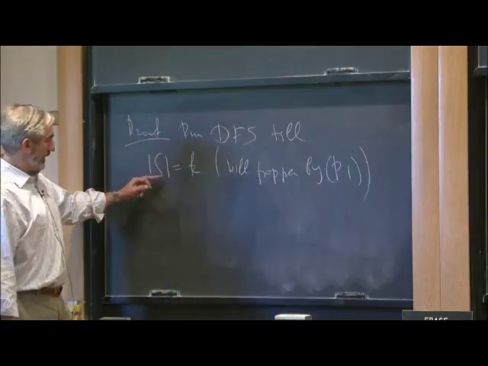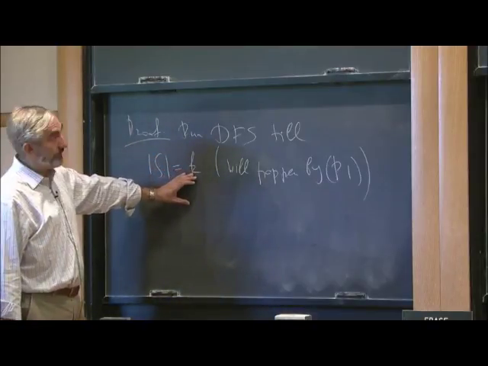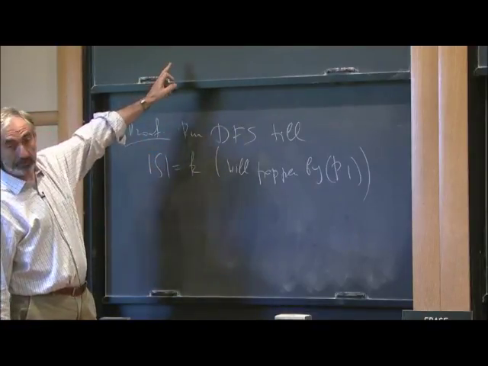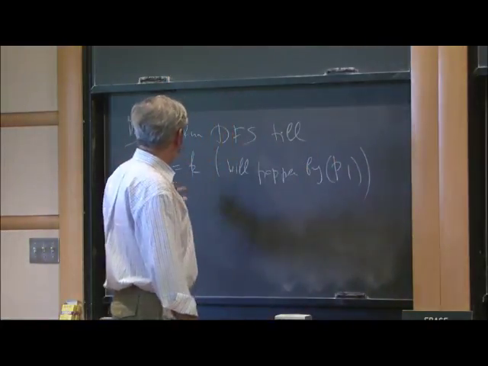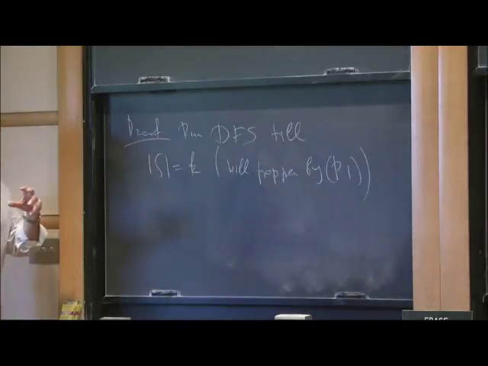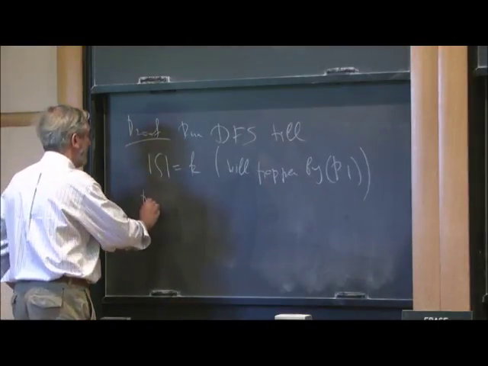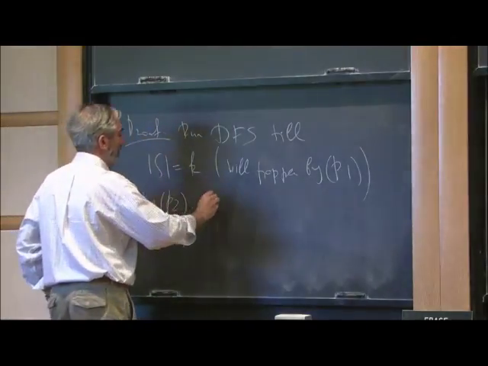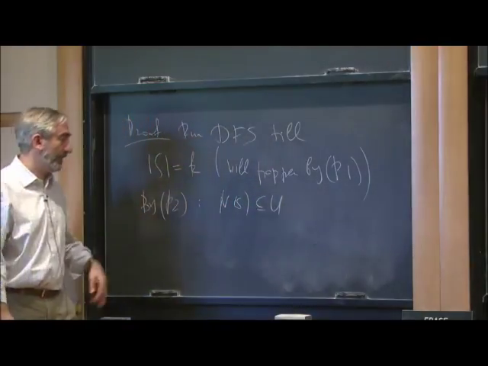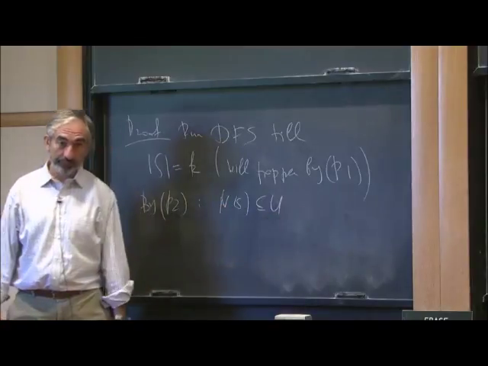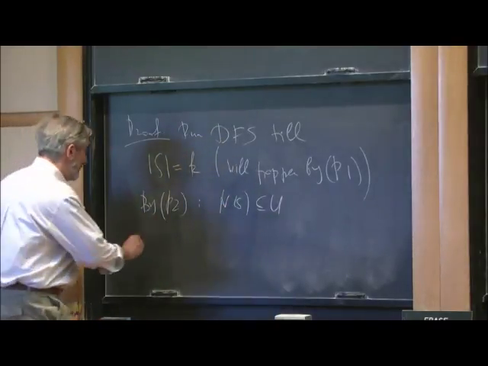So S is currently of size k. Its external neighborhood is of size at least L. And by property P2, we know that N of S should be a subset of U because there are no edges between S and T. Okay? And by P3,